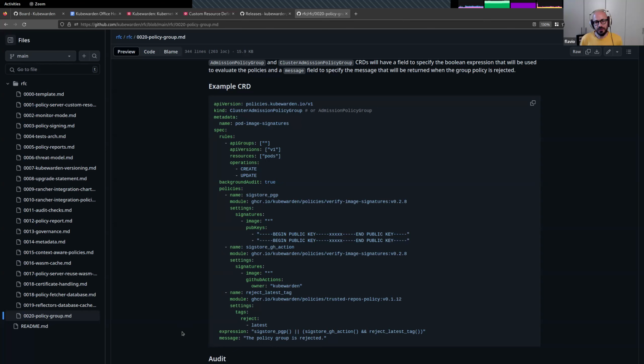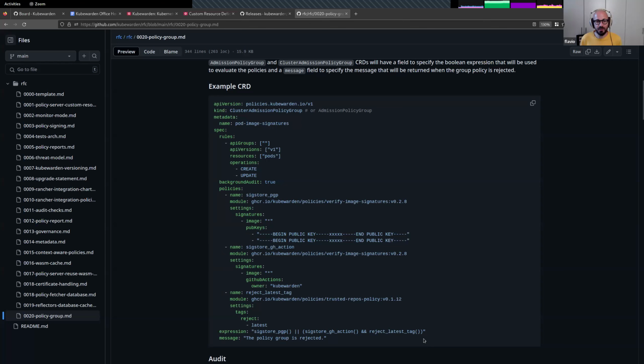But if there is a failure because the image has not been signed by one of my, for example, platform engineers, then this is where the OR condition kicks in. And as you can see, the second condition is, first of all, the image must be signed by a GitHub Action.